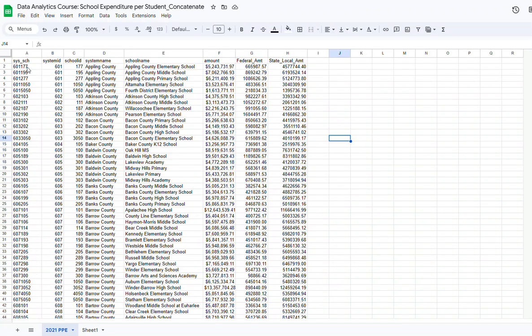So if we look, for instance, at the school in the first row, we can see that the system ID is 601 and the school ID is 177, and these two combined create a unique identification number for the school in the state, which is